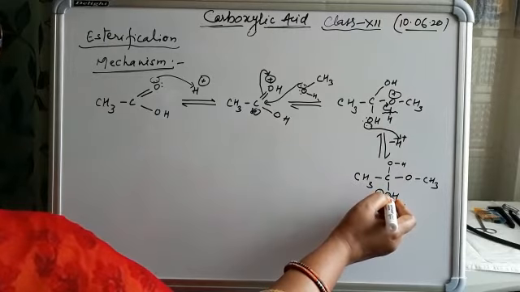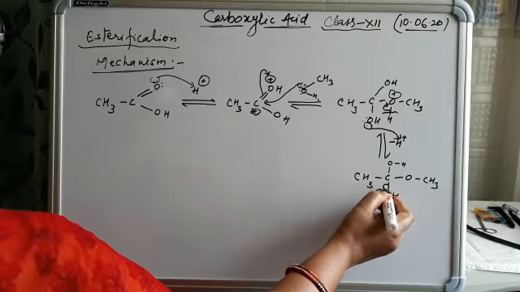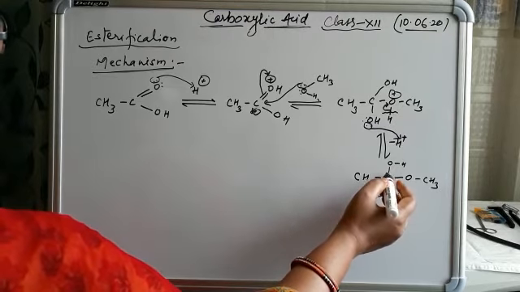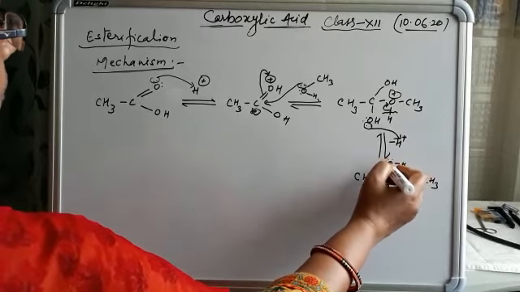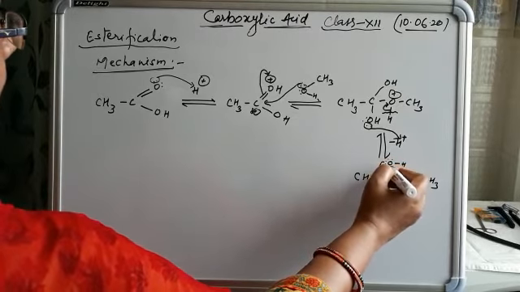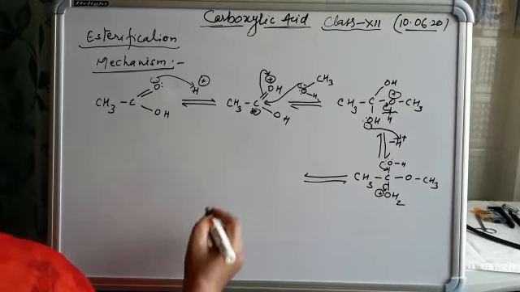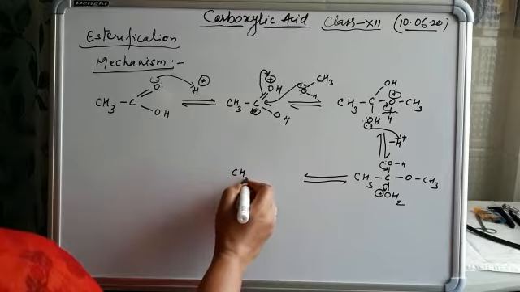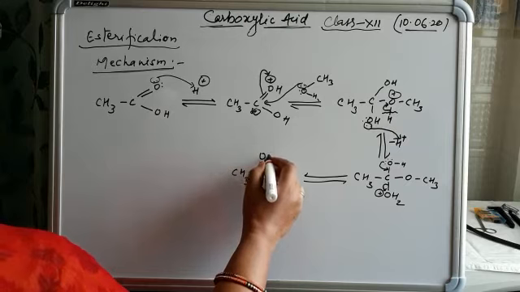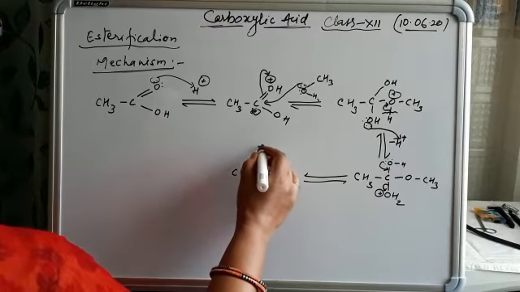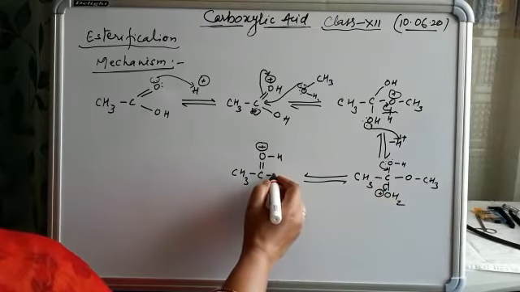When positive charge appears on the oxygen, it takes an electron, and positive charge appears on the carbon, so the lone pair electron of oxygen comes here. So in the next state, CH3, C, and here there will become a double bond, positive charge appears, and this OH2 is removed from here, and here